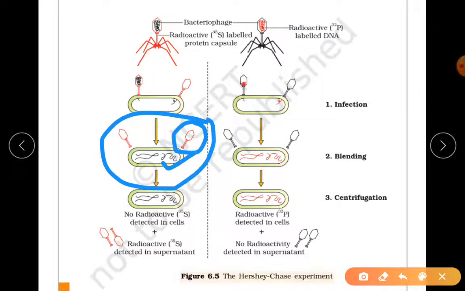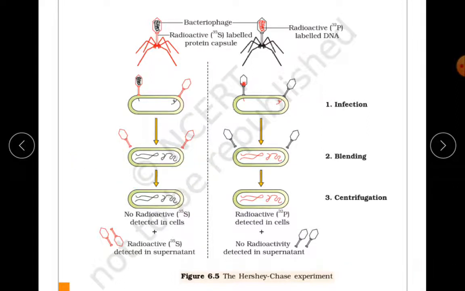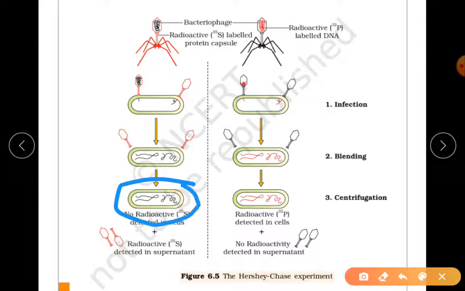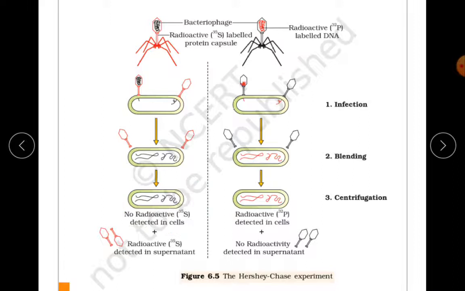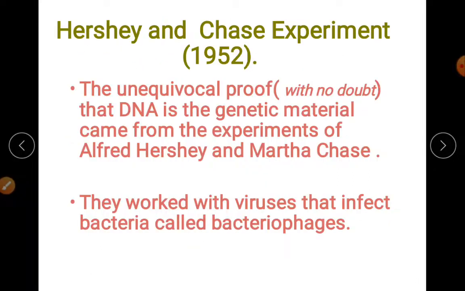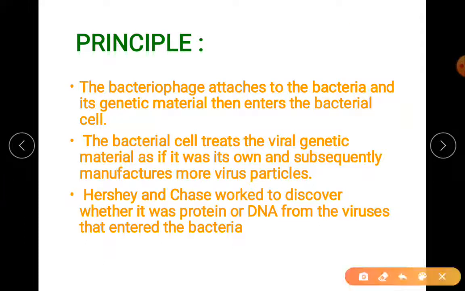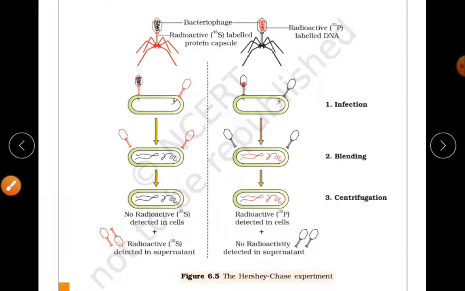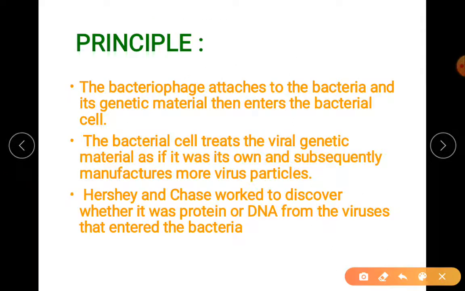This is your protein. The protein code is lost, whereas the new protein code can be synthesized within the host. The host is the bacterium E. coli. So what Hershey and Chase had done is this, which is the principle. This is how the lytic cycle works.